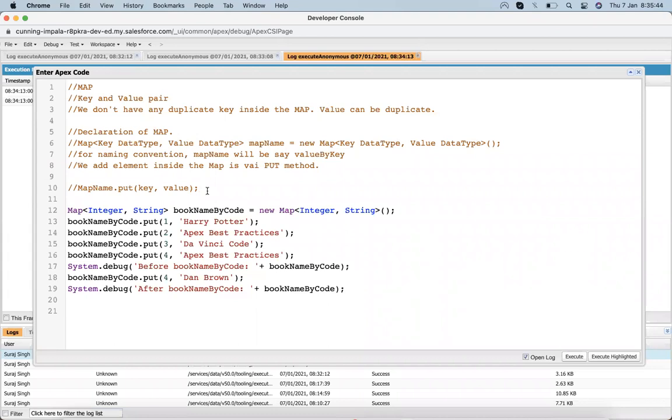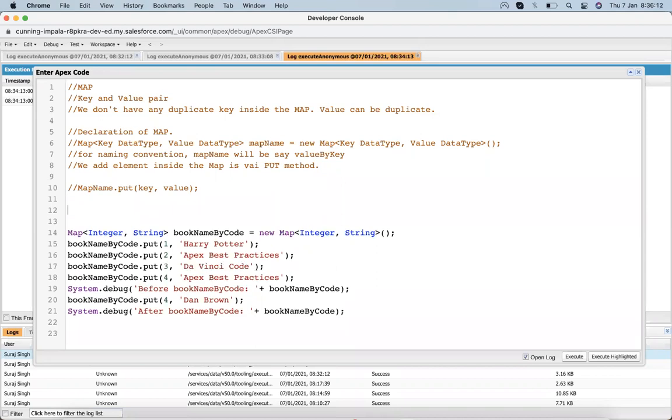Just like I told you that in a list we have a get method, where we put the index value, similarly in a map we will put the key value. We put the key in the get method, and we will get the value present at that key.